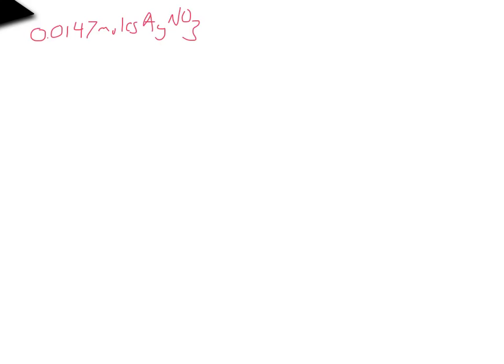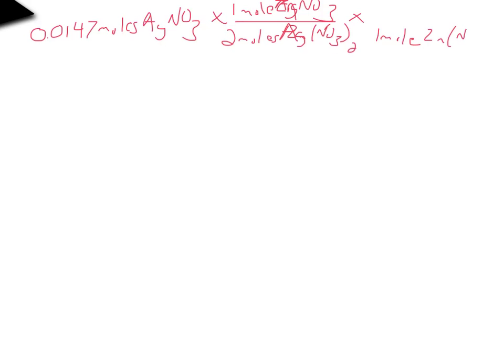There is 1 mole of zinc nitrate for every 2 moles of silver nitrate. I actually wrote that backwards, so that is Ag, and that's zinc. So 1 mole of zinc nitrate